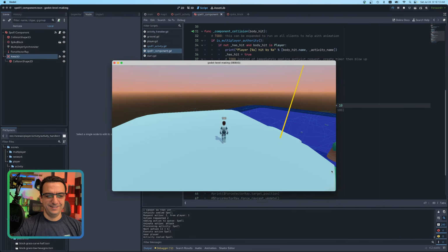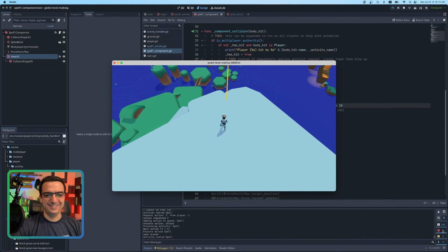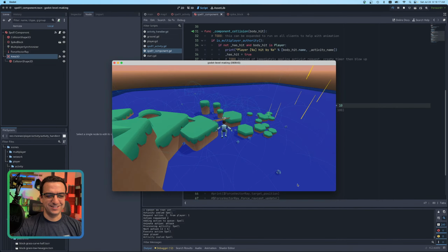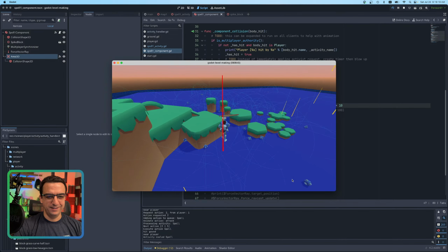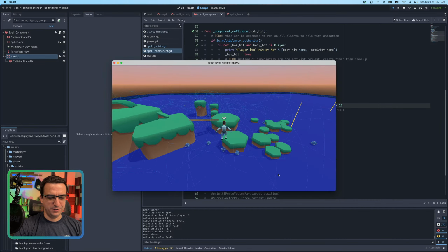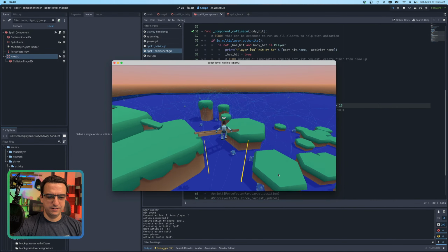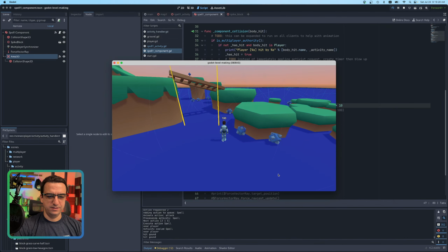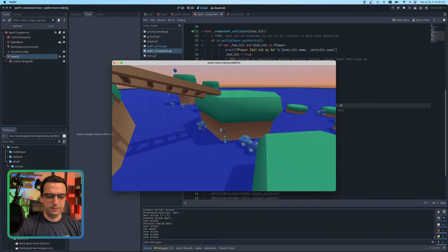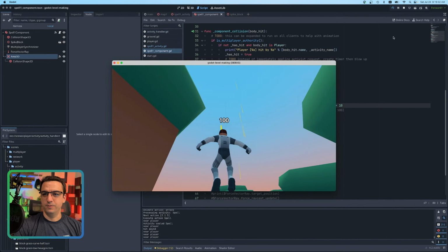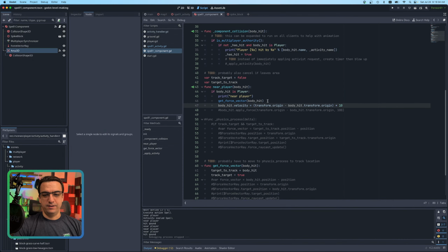Yeah, game dev can be very rewarding. None of these things are going away. These should be queue freeing, but I think, oh, what was that? He's teleporting. I don't know what that is, or he's getting sucked back in. Oh, maybe because I hit another one. Whatever. All right. So that mechanic